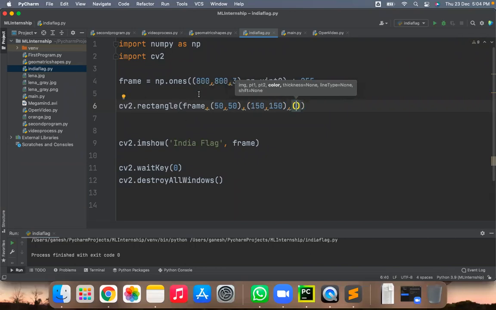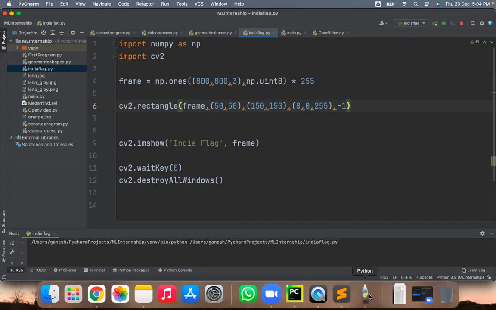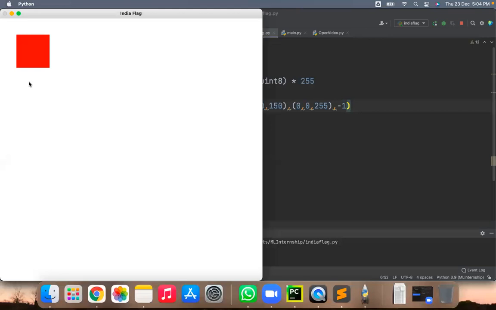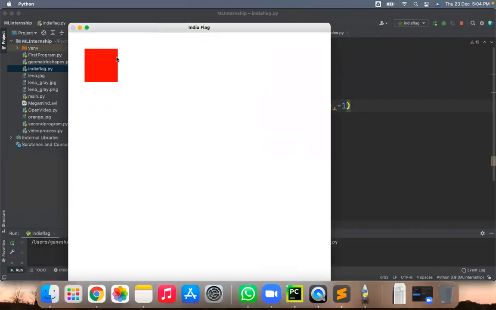But what is the color of this? Let's take it as a red color. Okay, actually the first one is not red color. We'll try to find out the color code also, but take it as red color for now. So thickness I am giving as -1. Why am I giving thickness as -1? Because I want the filled rectangle. So let's try with this. Is my code correct or not? Yeah, my code is correct, but it is not the rectangle,